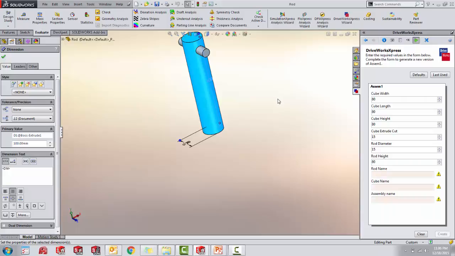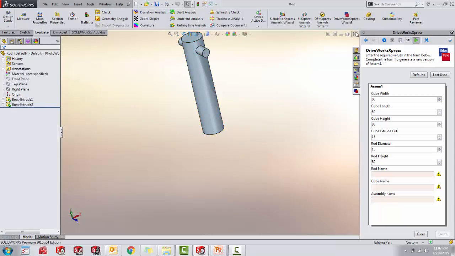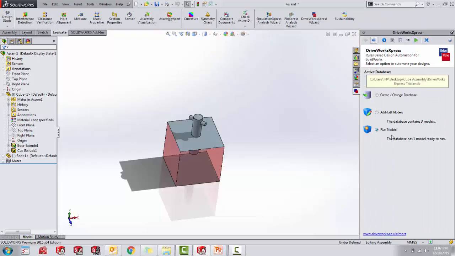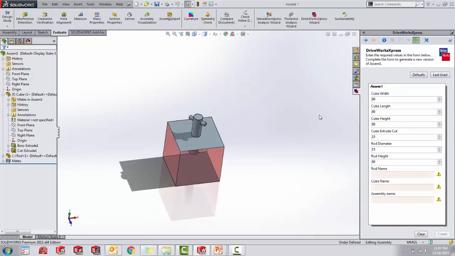So our automation process is now complete. Now we just need to enter the values. So I'll just close this one now. Going back to our assembly, we can run the models. So this is our model ready. So what we now need to do is simply enter the values. So for the cube width, I'll say 110. I can enter values within range as you see over here, or what you can do is increase it. As soon as you reach the spin button limit, it will stop, right? So you can enter it this way. So I'll say